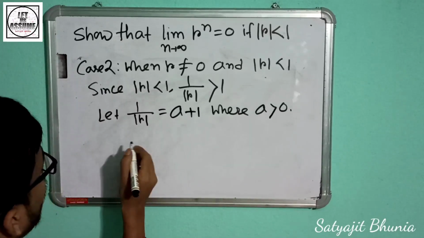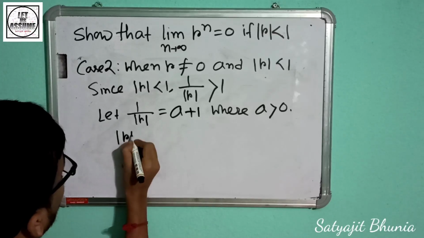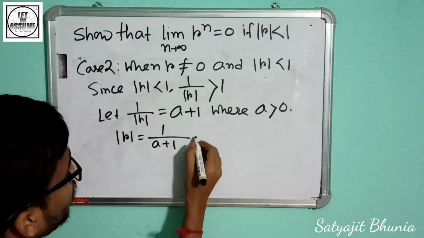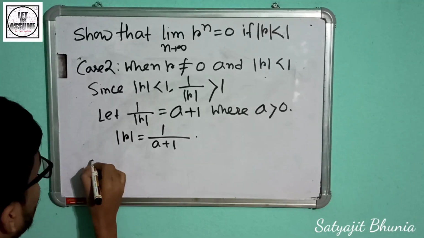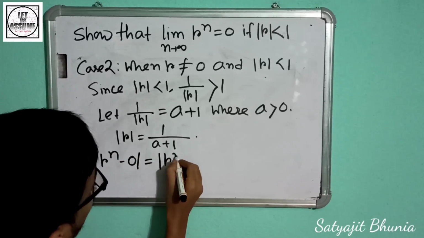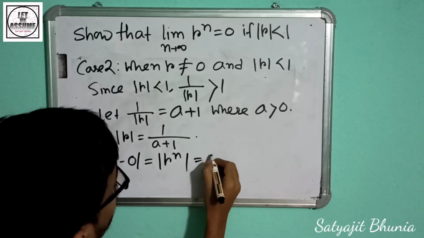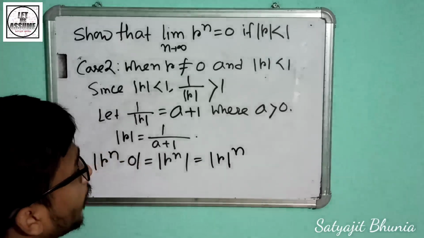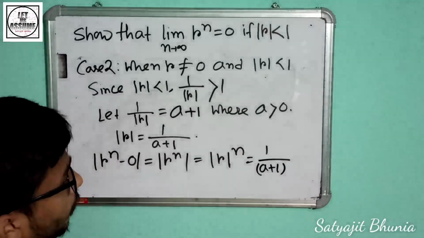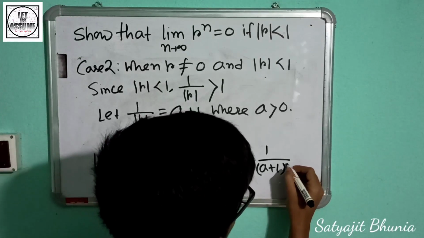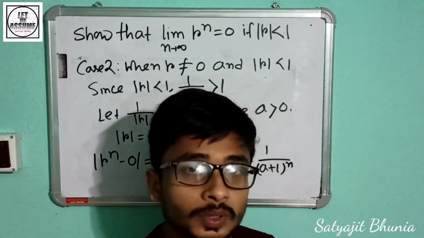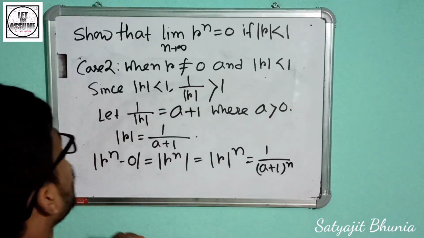Again, mod of r is equal to 1 by a plus 1. Again, r to the power n minus 0 is equal to mod of r to the power n, then 1 by a plus 1 whole to the power n. Okay, now